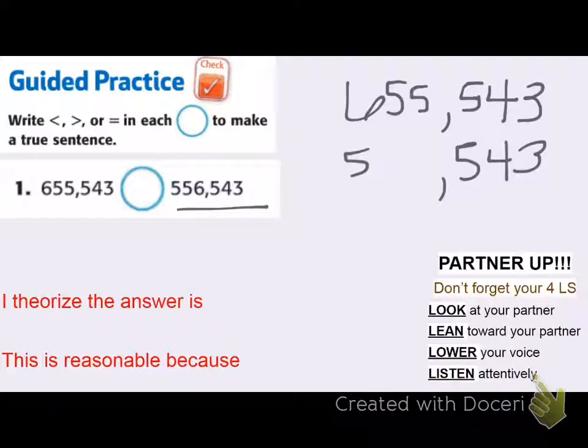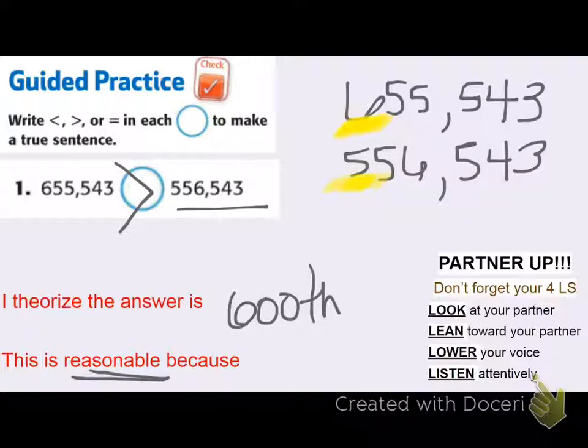And then we have 556,000. I can clearly see, looking at the greatest place value, step 2, 6 is larger than 5. So I need to say 655,553 is greater than the second value, 556,543. I theorize the answer is reasonable or correct because the 600,000